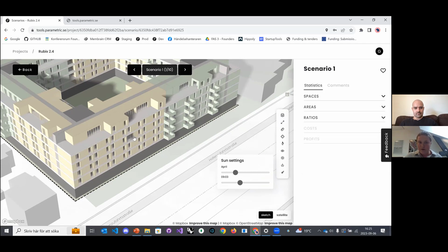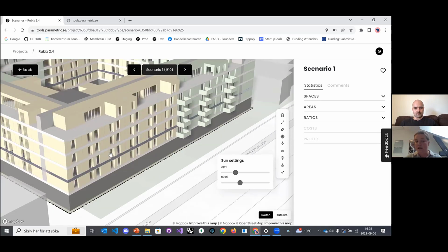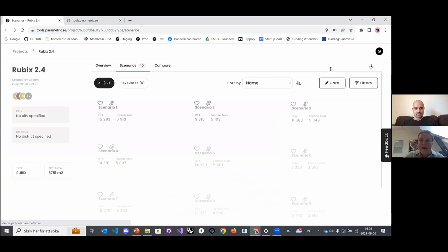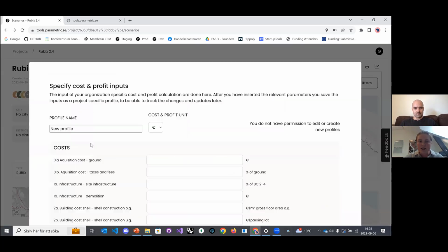So we started here from another perspective, where it's from the inside out. And based on certain predefined units, we are able to build up a model based on another kind of design logic, rules and regulations. But you can access the data here as well in a similar way,